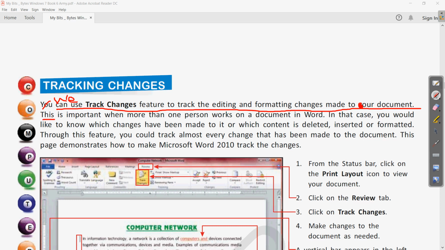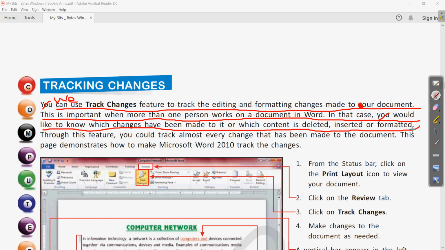This is important when more than one person works on a document in Word. In that case, we should, at the place of you, write again we. We should like to know which changes have been made to it, or which content is deleted, inserted or formatted. We have also seen, so this much is the answer.